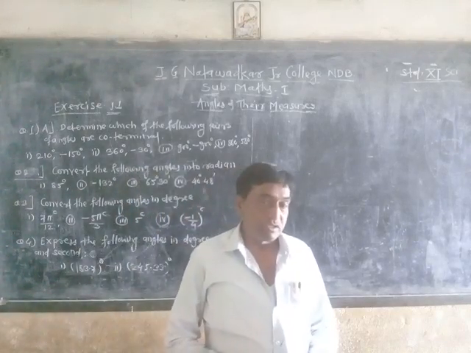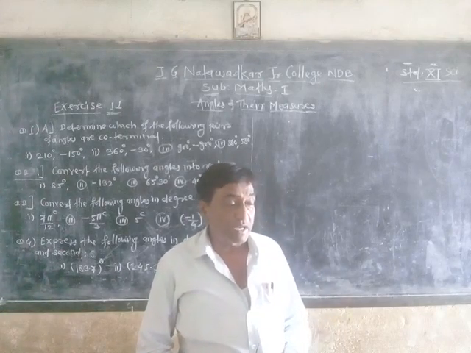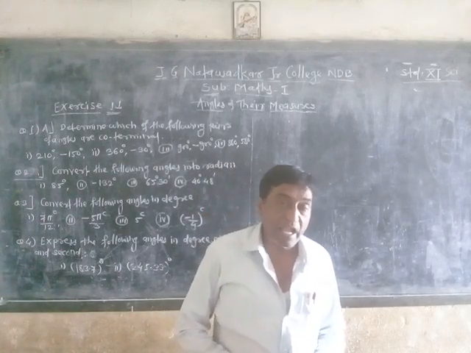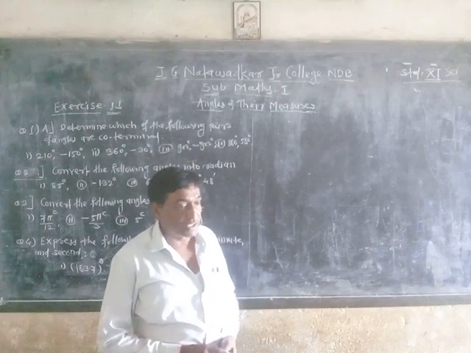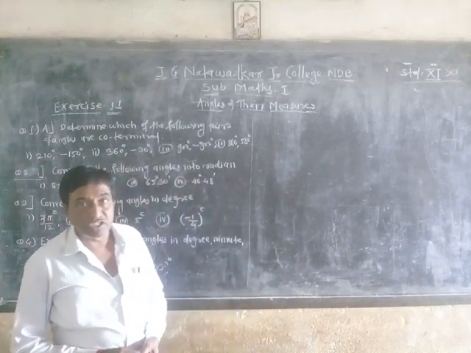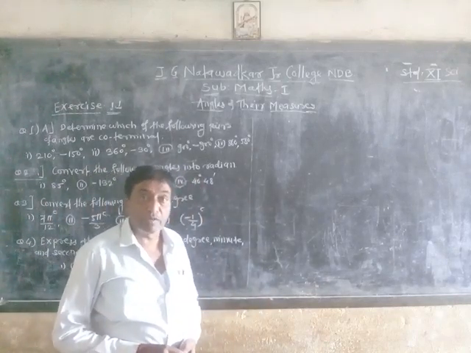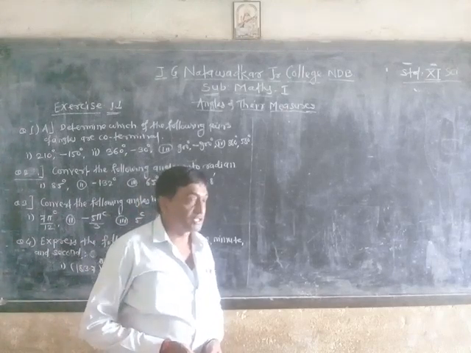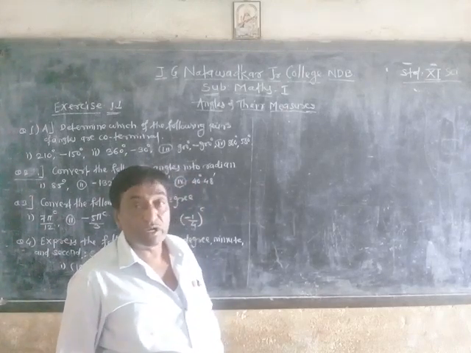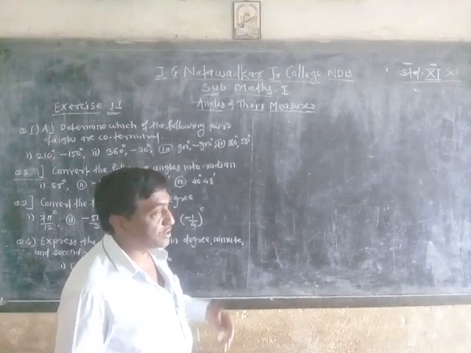the radian measure. What is meant by radian measure? It means the angle subtended at the center of a circle, in which the radius is equal to the arc length, is always constant, that is pi upon 180, that is one radian. This theorem we already proved in the previous video.